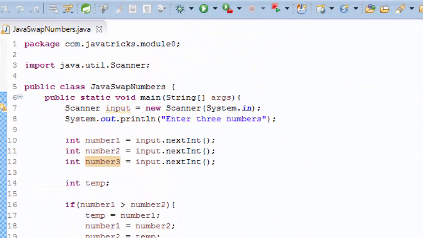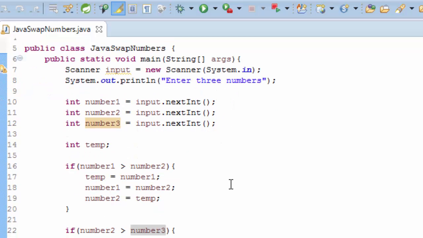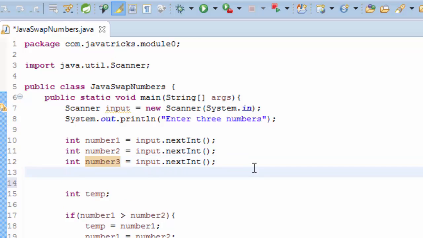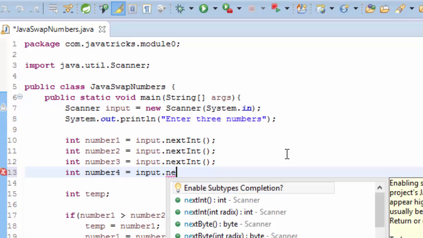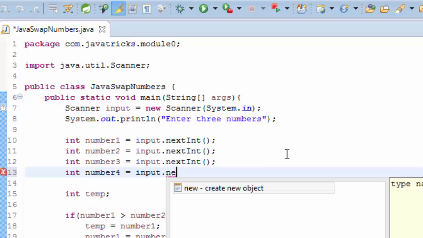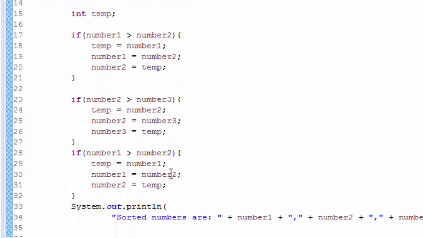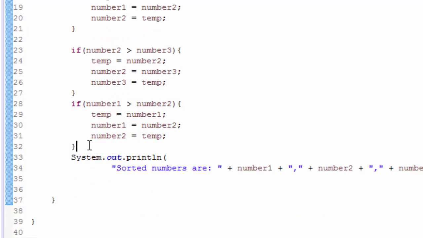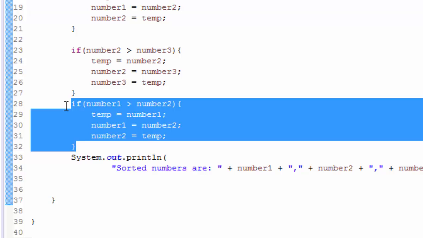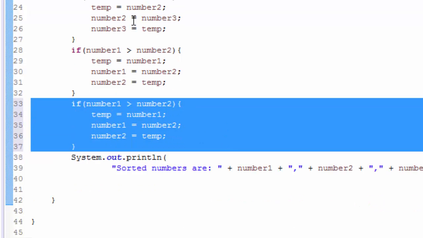So in case we would like to add more numbers, let's say int number4 is input.nextInt(), and then we have to check again. Let's copy, paste, and we check